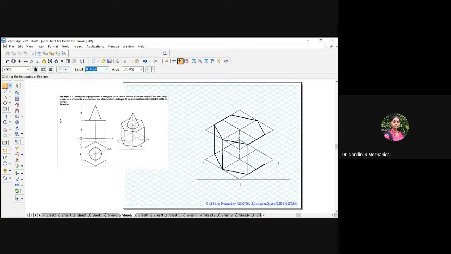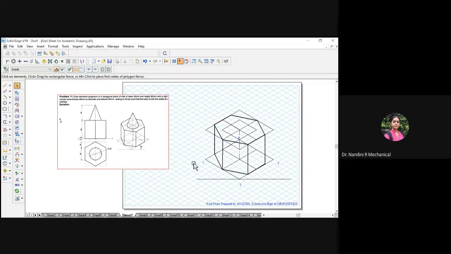So I will use the line command, you will use scale and pencil. From the center you should leave 2 units here and 2 units here. This is done already, and again 2 units here and 2 units here. If you take 2 units towards your right, from there you start constructing the square. Every side you should count 2 units. So you will get a 40 mm square.